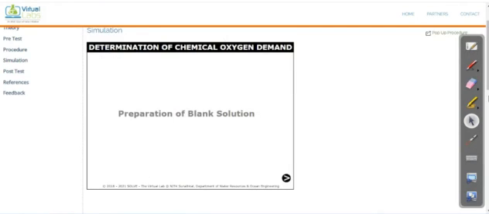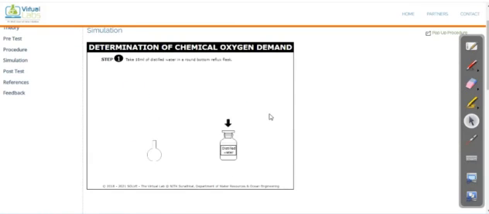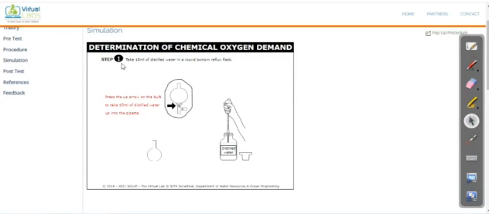So what is the first step? First is the preparation of a blank solution. We are taking the reading for the blank solution. So go for the next. Here take 10 ml of distilled water in a round bottom flask. So first click here, remove the cap of the bottle, and pipette out the solution. How much distilled water do you want? 10 ml. So take the 10 ml sample,